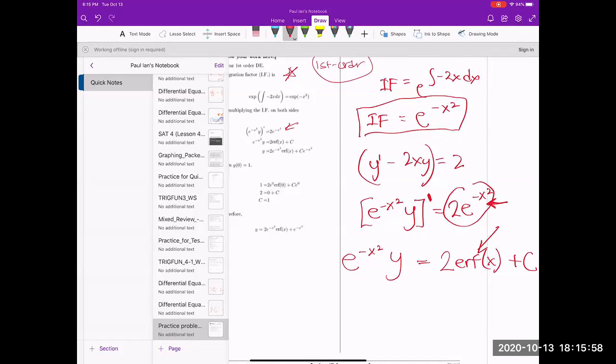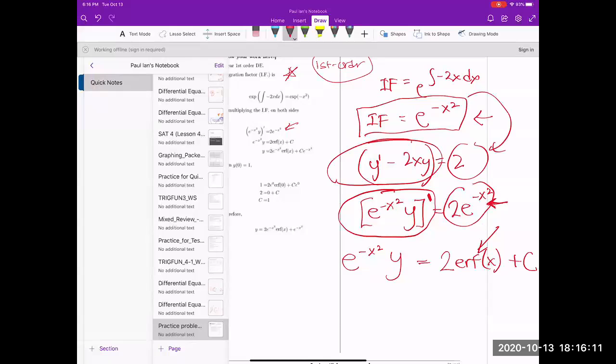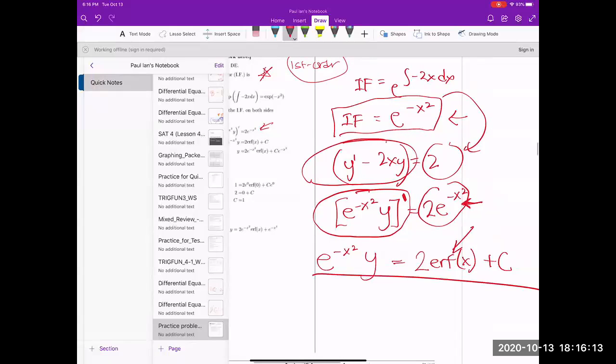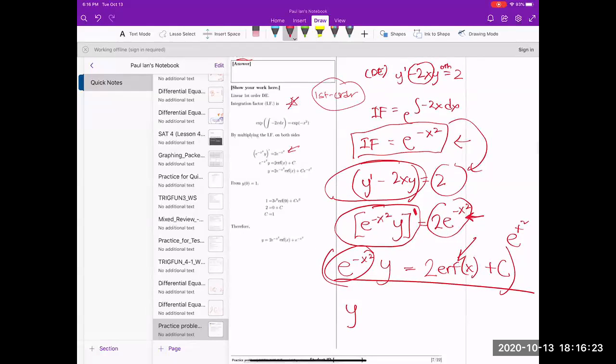But essentially the method is you get the integrating factor, you look at the left hand side, and then you do this reverse product rule, and then you times the right hand side by your integrating factor, and then you simplify it to this, because you need to get the y. So you times it by the reciprocal of this guy to isolate the y. So let me see. So that would be